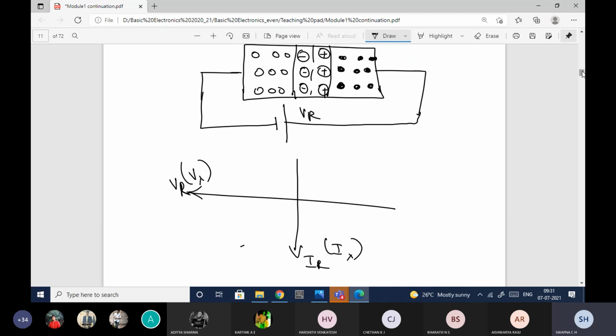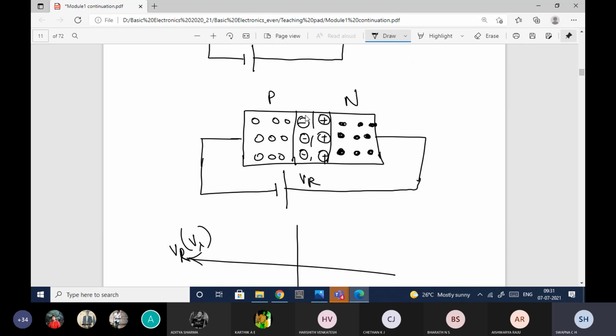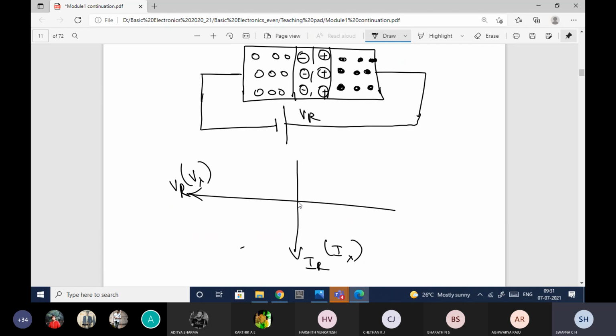When no light is impinged on this photodiode, it will work as a normal PN junction diode. It means that a very small current will flow, and after that it will be constant. Here it should not go to the breakdown region. If it goes to the breakdown region, the diode will get damaged. So this photodiode should not exceed VBR.